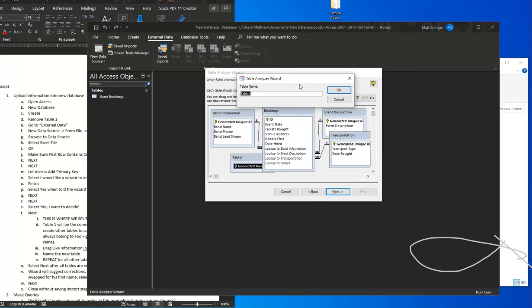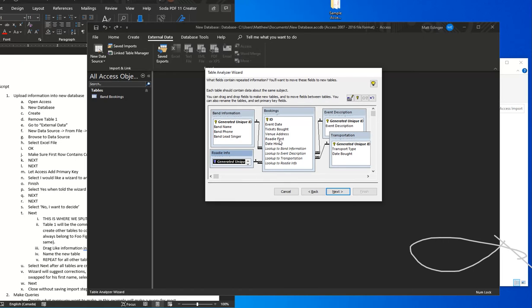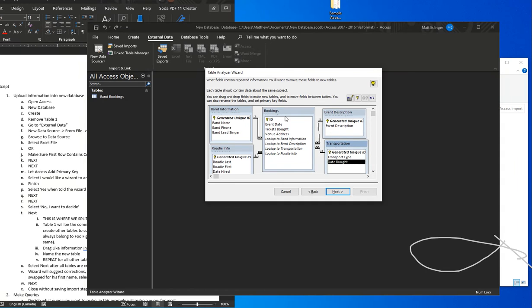Roadie last. So roadie last, roadie first, and the date they were hired. So if you ever make a mistake or you want to change any of these headings, because these are now becoming my data tables that'll be named over here,